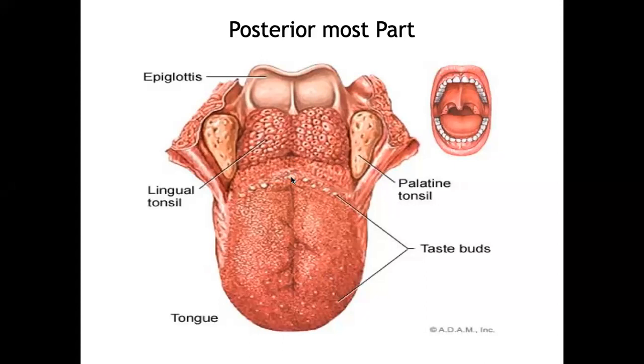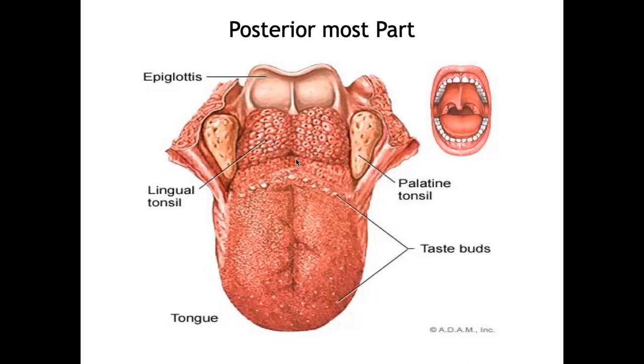Cecum always refers to a one-sided blind pouch. This is the point where our thyroid gland develops. So we will discuss the development of the tongue also today itself, along with the thyroid. What the foramen cecum is, we will discuss once we study the development. And posterior to the sulcus terminalis, what we can see is the posterior 1/3 of the tongue, where